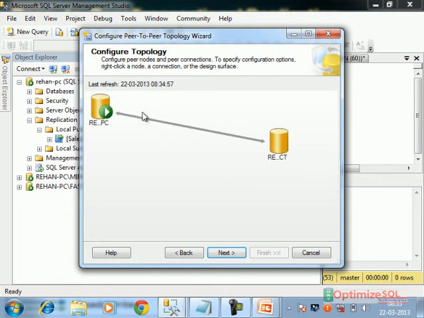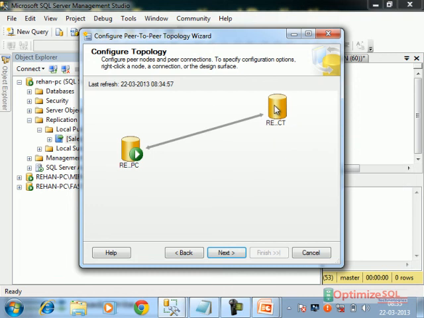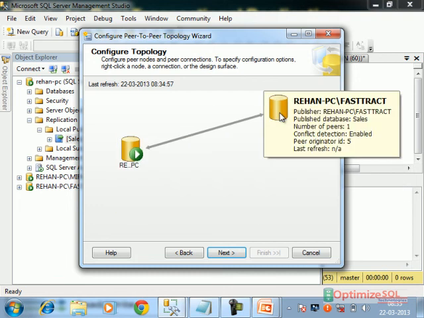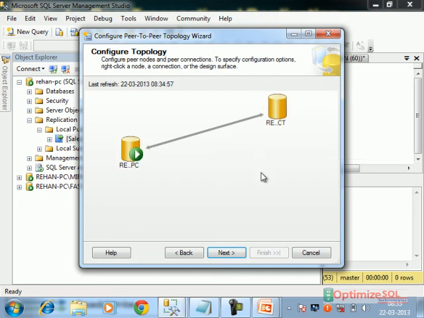We have to clear the same table from there also. So what I will do, now see, we have made these two nodes, and the same thing we can add to the other node also.